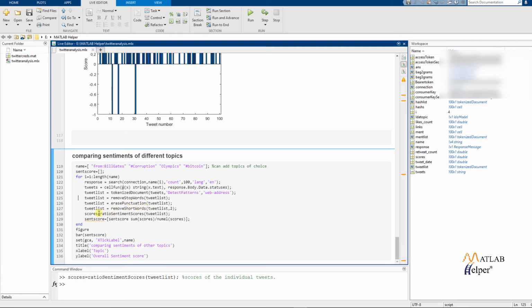We then calculate the ratio sentiment scores of tweet list and store it in the variable scores. We then calculate the average value of the scores of tweets of each of the topics and store it in an array sendscore. Scores is a 100 cross 1 array which contains the sentiment scores of each tweet of each of the topics.